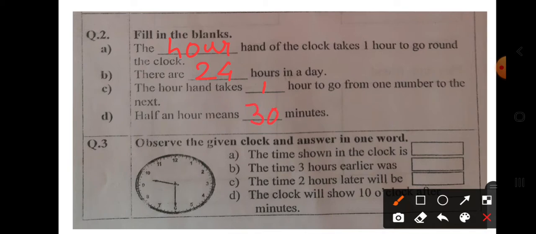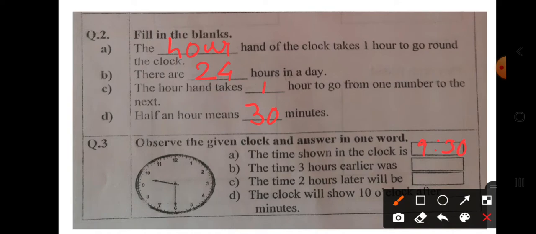Okay. Observe the given clock and answer in one word. The time shown in the clock is 9:30. The time 3 hours earlier was, now 3 hours earlier. Okay. Now it is 9:30. So 3 hours earlier, what will be the time?